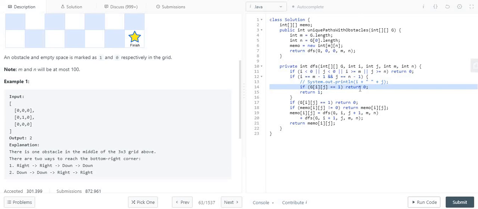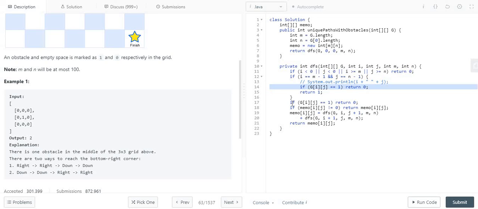If it is 1, then it should return 0, that means there is no path existing. If it is not the case, we are simply returning 1. So whenever we traverse the full path, every time it will keep on adding the 1, because at the last point we are returning the 1 value